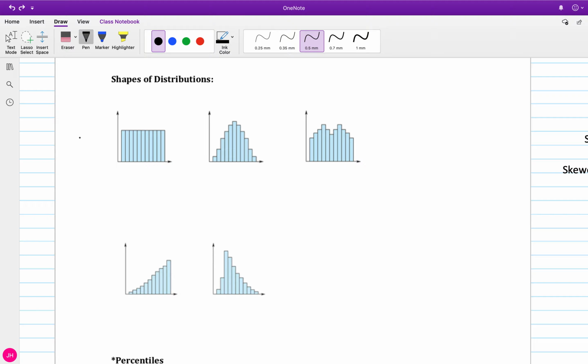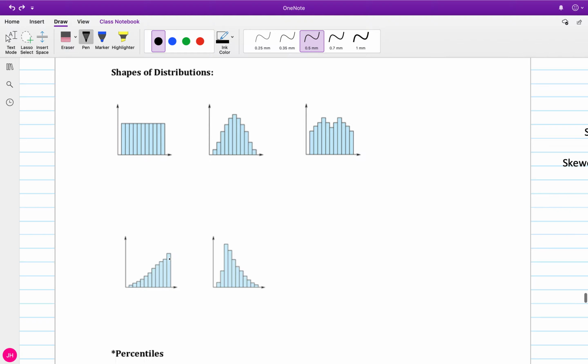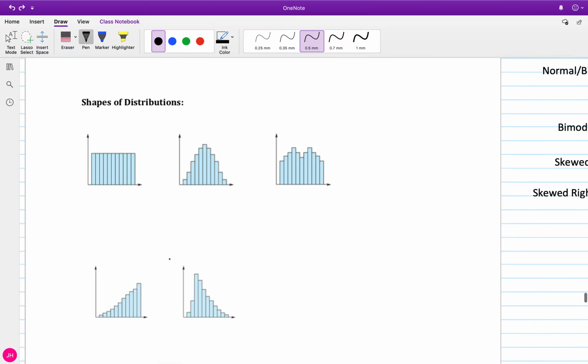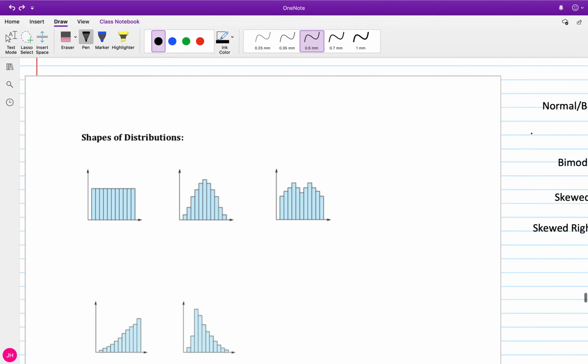Let's start by talking about the shapes of distributions. These are all histograms, and their shape can tell us what's going on with their central tendency, so what's going on with their mean, median, and mode. Each one of these has a special name. So this first shape that we're going to look at